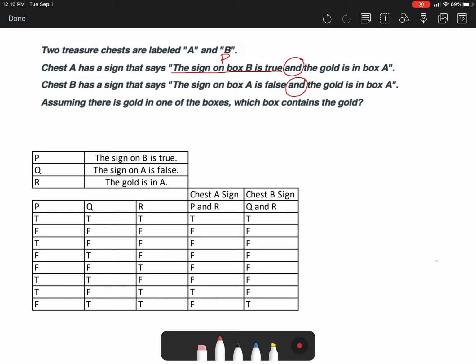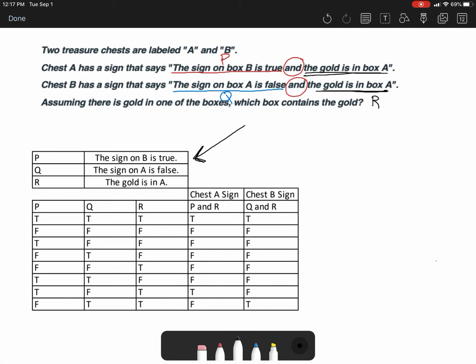So I have that down in my little table. Then we have the sign on box A is false. I'm going to take that statement and call it Q. And then both of the chests, the signs say the gold is in box A. So I'm going to call that statement R. And so I've summarized those right here. So P would be the sign on B is true, Q, the sign on A is false, and R, the